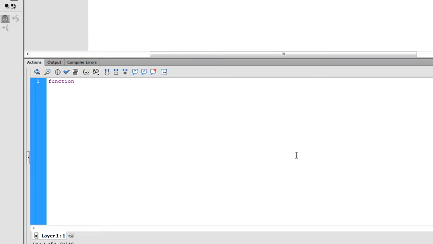function, and then our function name, we'll just say something, put two parentheses, curly brace, and if you hit enter, Flash should autofill in that last curly brace. If not, just make sure to type your curly brace in there. So now within this code we can type whatever we want. So let's just write trace